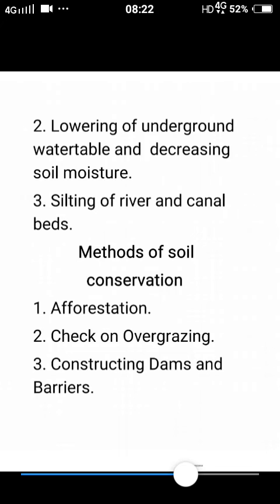Check on shifting cultivation. This is actually done in tribal areas or on slopes of hills, foothill areas. Some tribals in India are still practicing the ancient system of shifting cultivation. This should be discouraged by tribal welfare organizations and the government, persuading them to switch over to settled agriculture. Actually, shifting agriculture should be banned in India by the government.